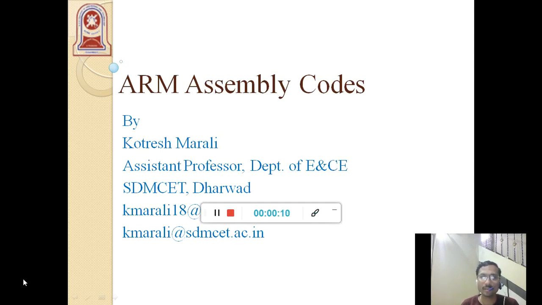And today we're going to discuss ARM assembly codes. Prior to that, I would like to make one point very clear: students who are watching should have some clear idea about what an ARM processor is and the basic instructions present in ARM. Because today we are going to write simple programs directly and execute them using Keil Microvision 5 software.